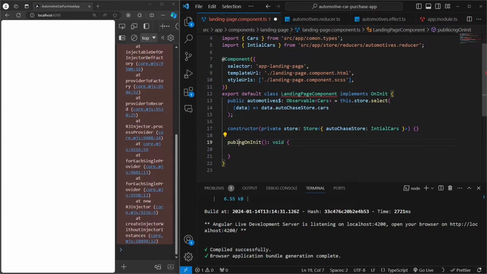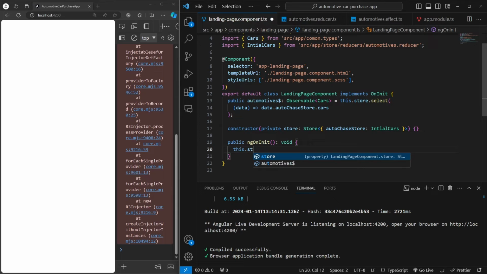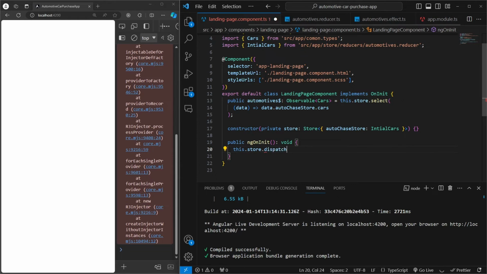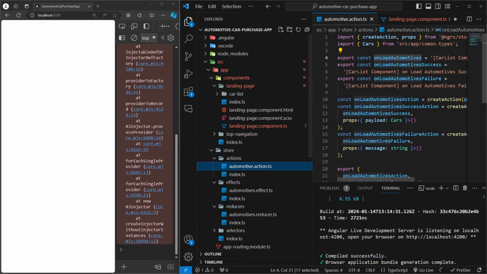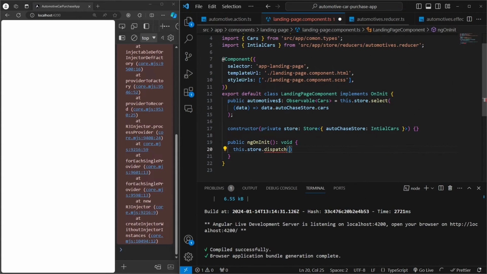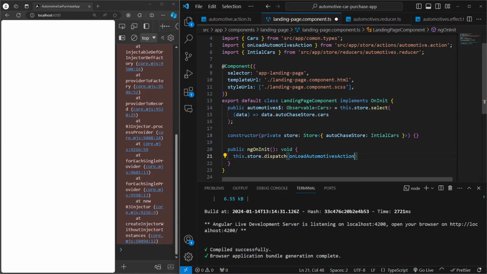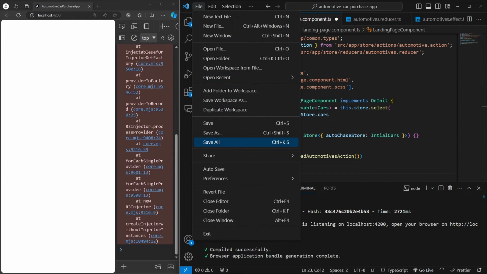Something like this. And then you can do this.store.dispatch, and we can dispatch such action. Now, from where can we get those actions? If you go back to your action file, you know that such action exists over here. Let's come up here, and here you can call such action from this, and you need to call it something like this. Now, if we hit save,